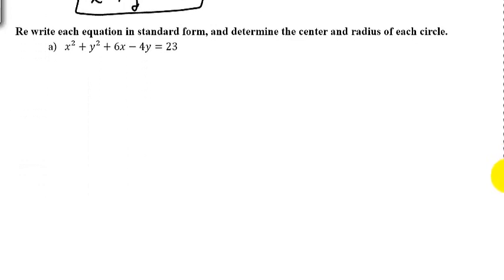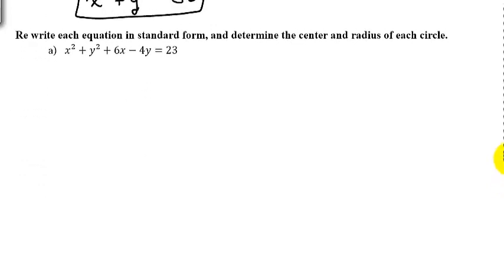Now we're going to write this equation in standard form, which is the one that gives us the center and the radius. And so the first step in doing this is you want to gather up your x terms together. So this example is x squared plus y squared plus 6x minus 4y equals 23. And so we're going to group the x's together. X squared plus 6x